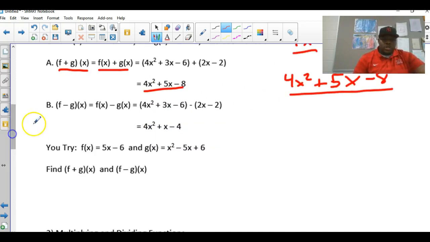On this next one, you have f minus g of x, or f of x minus g of x. There are just two different ways to look at the same exact thing. As it's written right here, you have the function f minus the function g. A lot of the errors I see are all because of this minus sign right here. When you have minus, you always have to distribute the negative. So you should have something like this: 4x squared